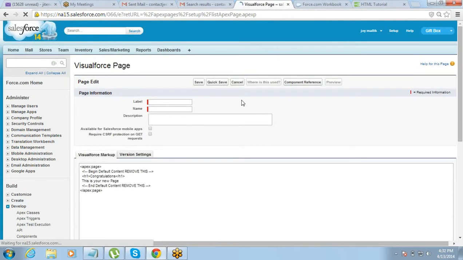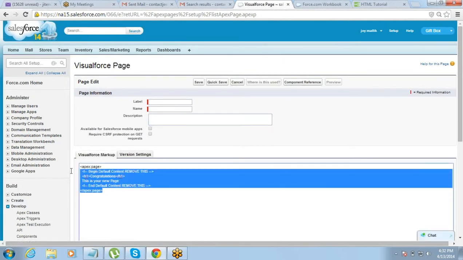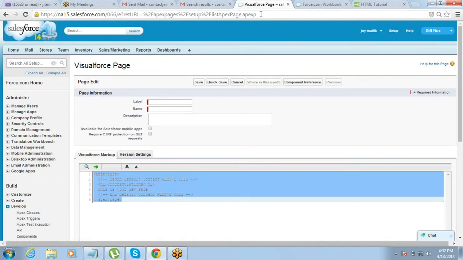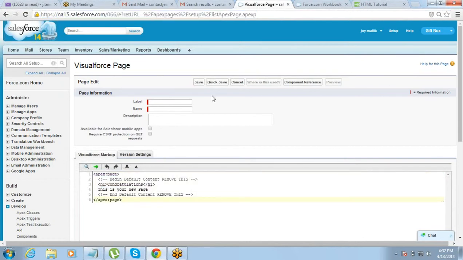Then you have the option of putting a label, a name, and a description for the page, and then write your code here, right? That is one way. Usually we do not use this method of creating the Visualforce page. We usually go through another method.